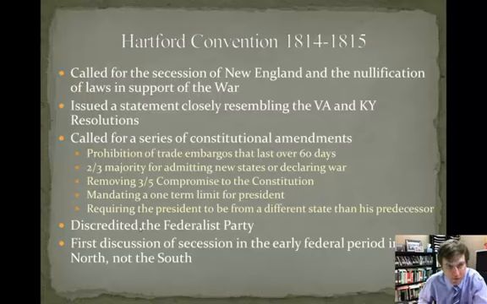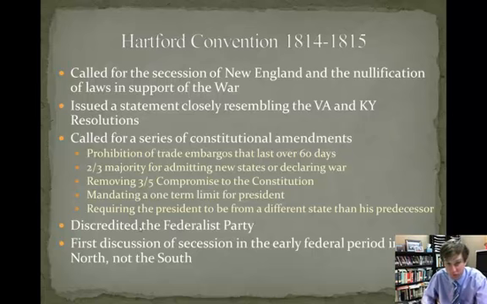Now, during the war itself, there was actually a call for secession, the secession of New England, and the nullification of laws in support of the war. This is called the Hartford Convention. In fact, they issued a statement closely resembling the Virginia-Kentucky resolutions. This called for a series of constitutional amendments, for example, prohibition of trade embargoes that lasted over 60 days,